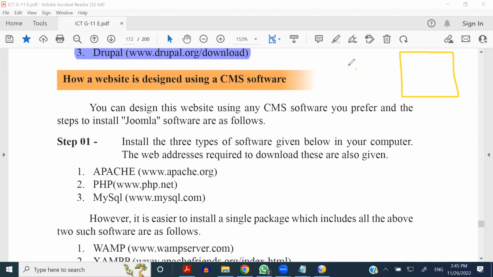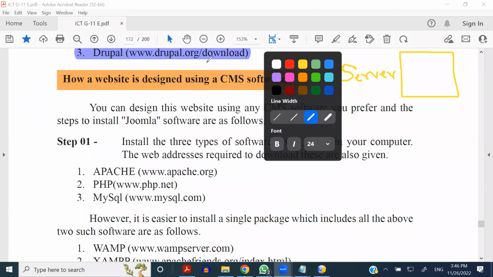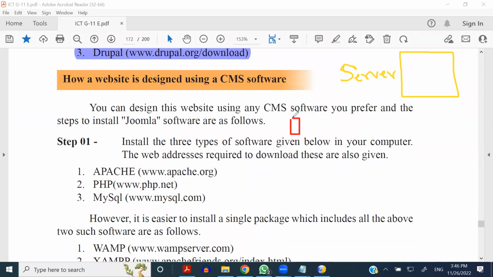So if this is the server, what we are doing is we will be creating different kinds of web pages separately, meaning HTML documents. Later, we are going to place those documents inside a server. Why are we going to place these things inside a server? It is because without a server, we call this a host as well,